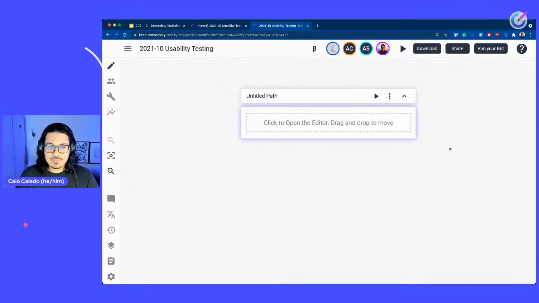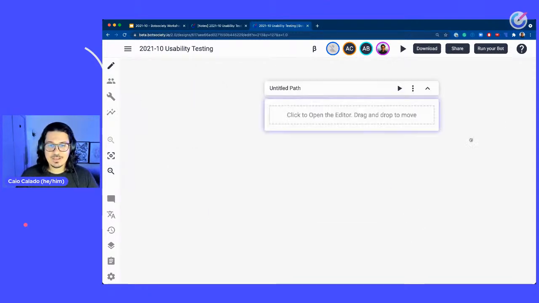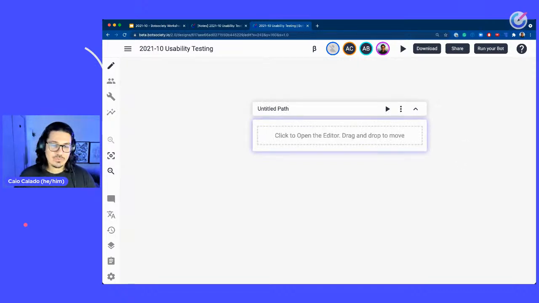So what you can see here is a canvas. This is a blank canvas, like in any other design tool. In Bot Society, it's the same idea. You have a canvas, and on this canvas, you can edit paths. And inside of paths, you can also add messages. Every path can have a name. We can say, this is going to be a happy path, which in conversation design is the best possible interaction that a chatbot can have with a human. So I'm going to call this path